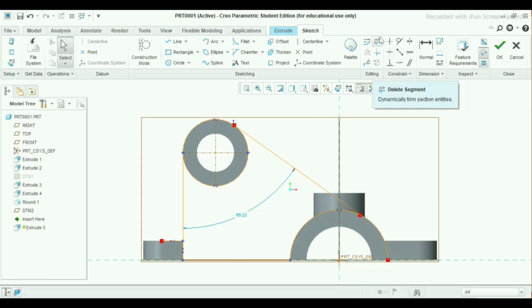Now go to delete segment, that is trim. Select this. Delete the lines that we don't want. So first delete this and this line.